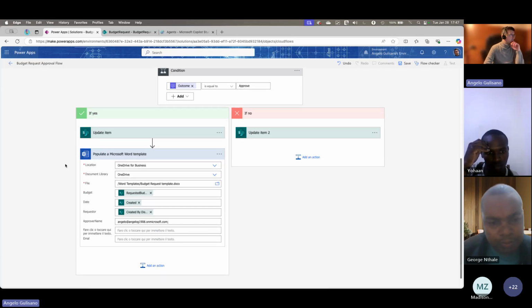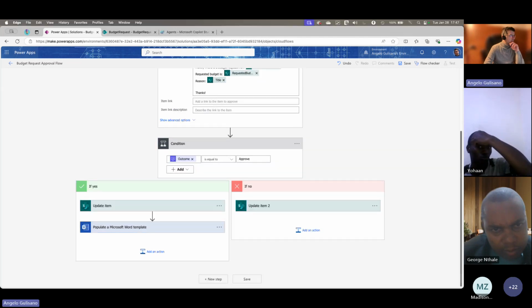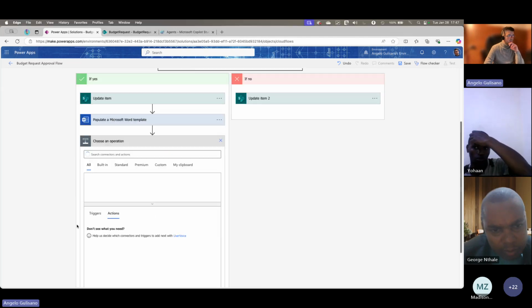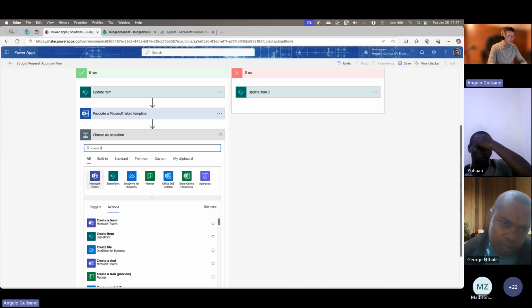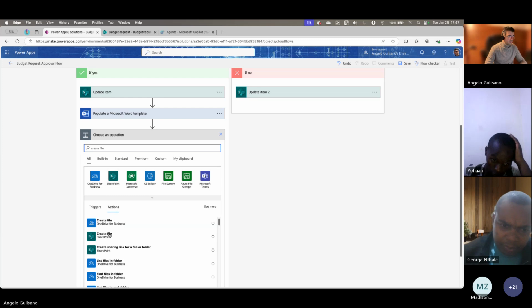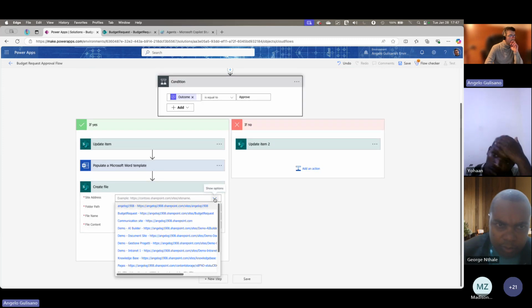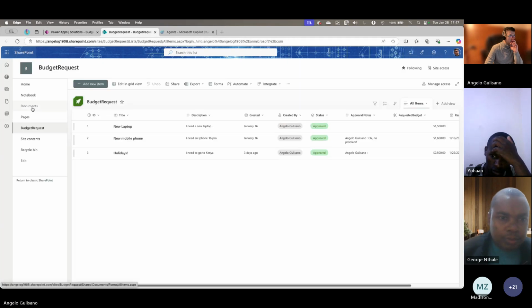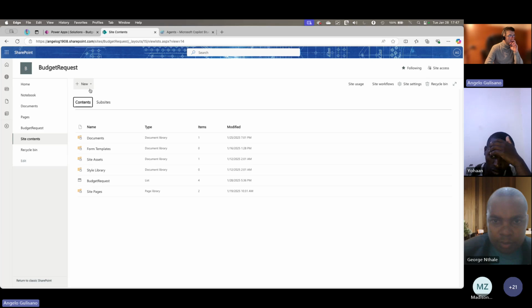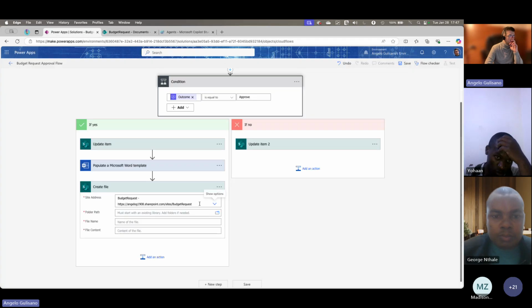We are going to populate a Word template, and now we need a create file action to put the file inside SharePoint. So create file, SharePoint, as I did before, budget request. I tried it before, but I think we can use this one, okay.